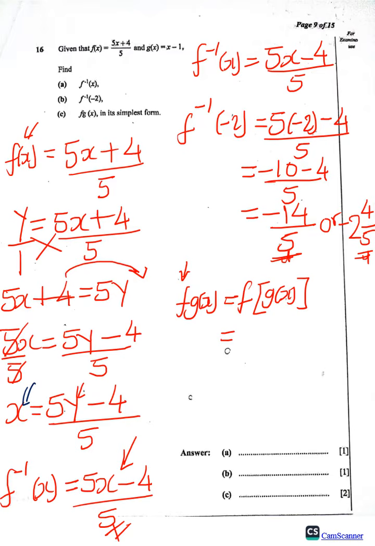So the first step is we are going to rewrite the expression for the original f of x function, and the function is 5x plus 4 divided by 5. Now where there is x, we are going to substitute with the g of x function, which is x minus 1. So this becomes,